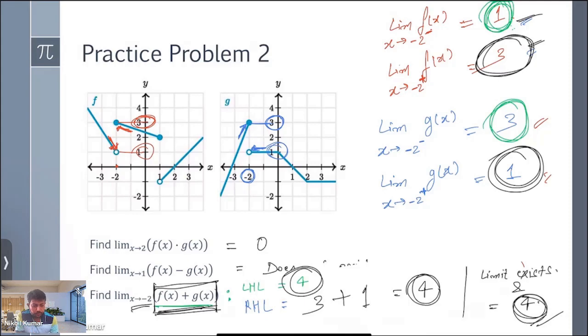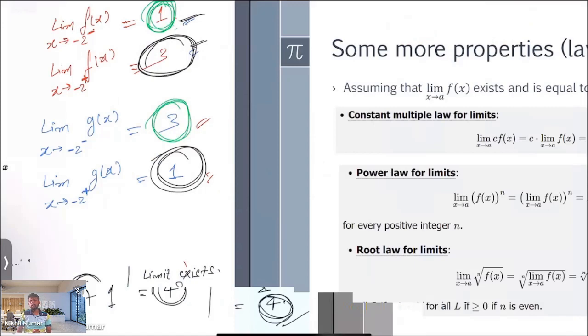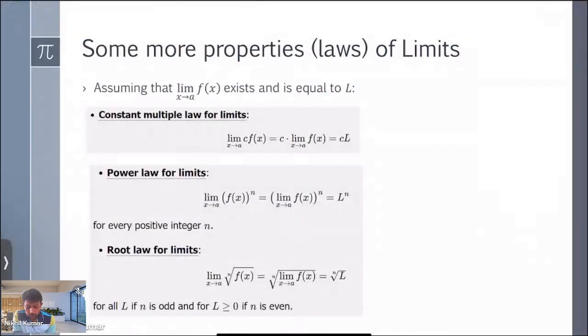Let's move on now. We're going to look at some more properties of limits. This property we've already seen. It's a corollary to the product property or the product law,